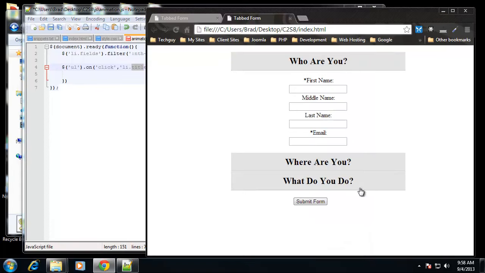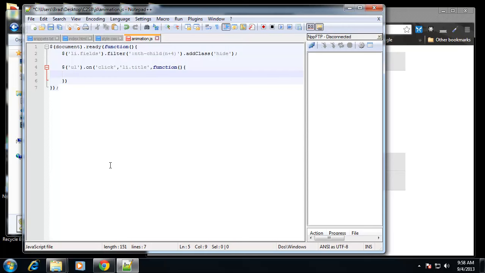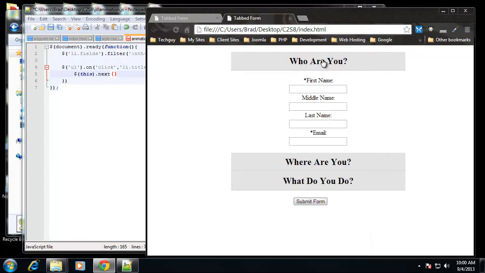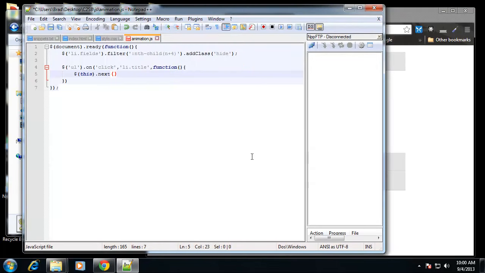So whenever we click on any of these, we're going to say this, because we're talking about the element that we're dealing with, which is the li.title, and we're going to do a little bit of chaining here. We're going to say next. Now what we mean by next is the next element. So the li.title, which is the tab, the next element would be the li.fields, and that's what we want to slide down. So we're going to say next dot slideDown,